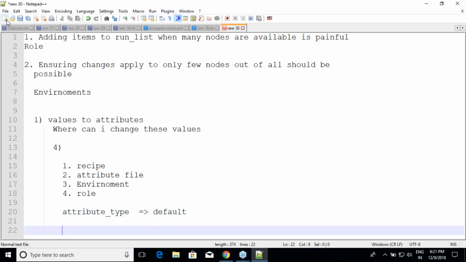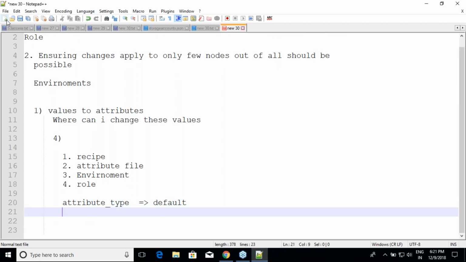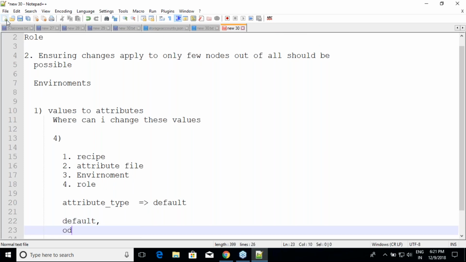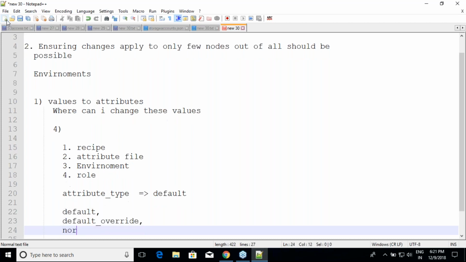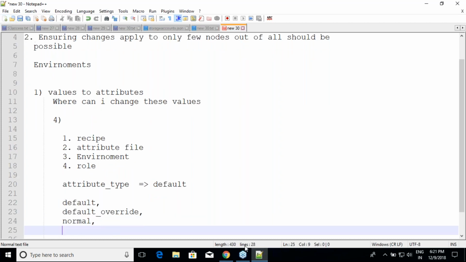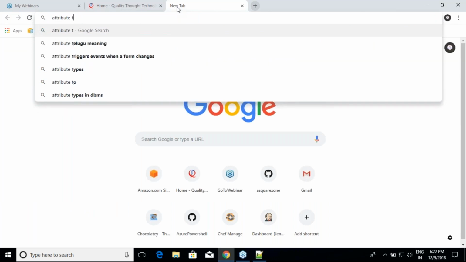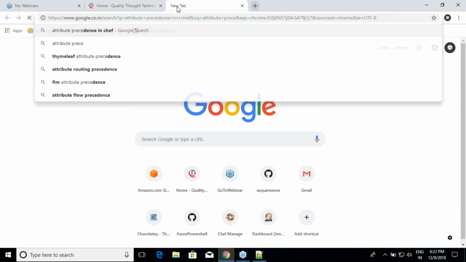So I have attribute types. The attribute types, if I have to write them, are default, default underscore override, normal, and there was something else, force, I think. Let me cross check attribute precedence.